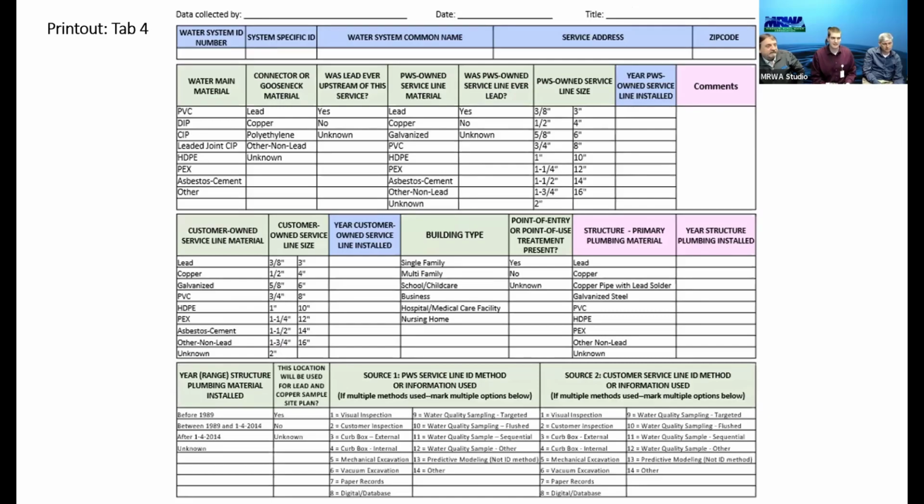Now, I've told people in the class, take this sheet, print it off, get several copies, put it on a clipboard. If you've got two or three trucks, put one in each truck. You can put your water ID number in there and it'll be on all of them. So you just print it out and keep it there. If you've got a boring company that hits your line or a service line, you can write that stuff down. You've visually seen it because you're going to have to fix it anyway.